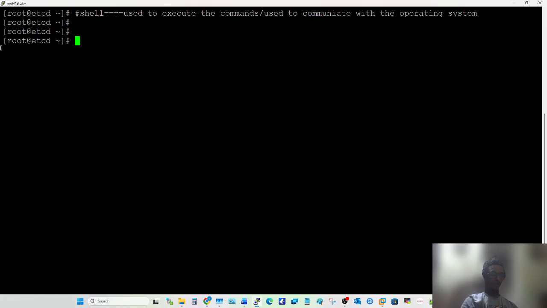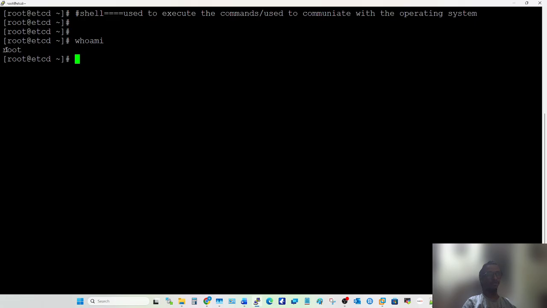First of all, I'm logging in with the root user. But I want to check which user I'm logged in as. There is a command, whoami. Type whoami and enter. If you execute this command, it will show you root.